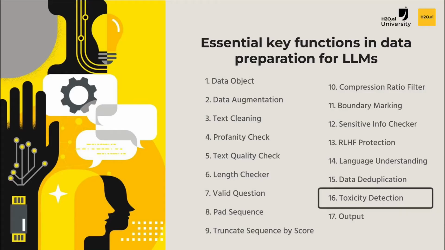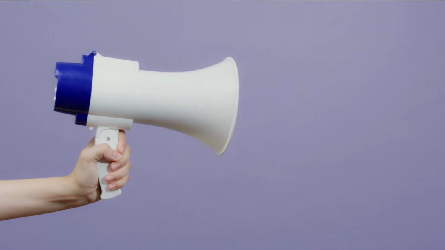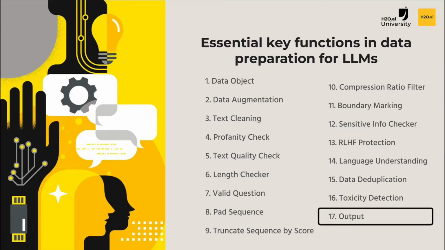Toxicity detection. Calculate toxicity scores and filter texts to maintain a respectful environment. Example: identifying and removing offensive comments from a dataset. Output. Convert the transformed dataset to an output object, such as JSON, usable and exportable across all tasks. Example, saving the cleaned and prepared dataset in a format that can be easily used by the language model, such